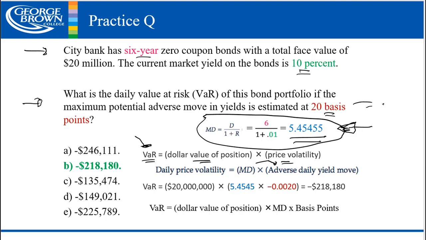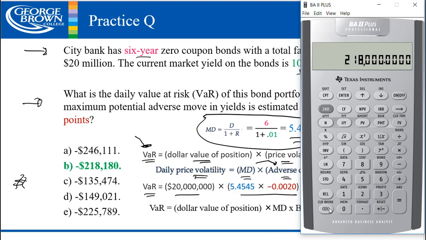Okay. The adverse daily yield is the 20 basis points. So we know that equals the 0.002. Okay. So that's the daily price volatility, MD times adverse daily yield. We calculated that before. That was the negative 1.09% or something like that. So now to calculate the value at risk in terms of the dollar value, it's just going to be the 20 million times 5.4545 times negative 0.002, and we're going to get negative